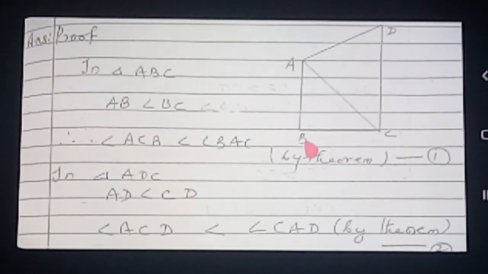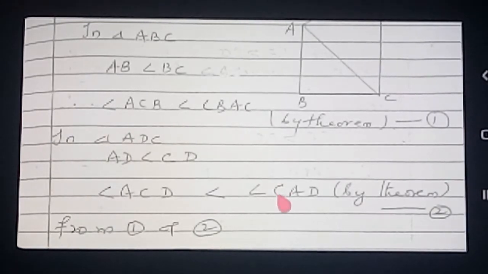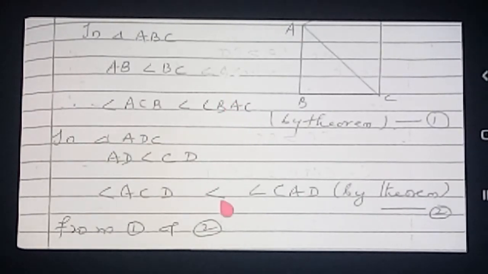Now, equation number 1 you got, equation number 2 you got. Now we are going to add LHS with LHS and RHS with RHS of these inequalities. Clear? Yesterday I showed an example also: if both inequalities are less than inequalities, adding LHS with LHS and RHS with RHS, the inequality never changes.